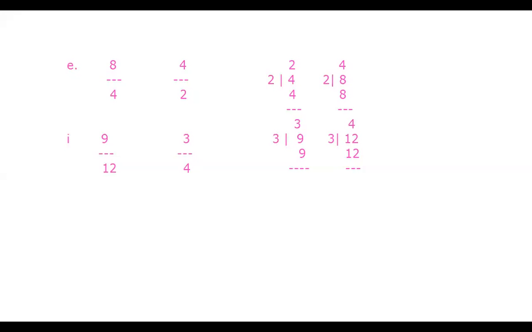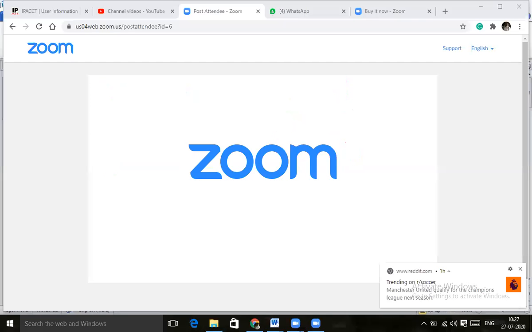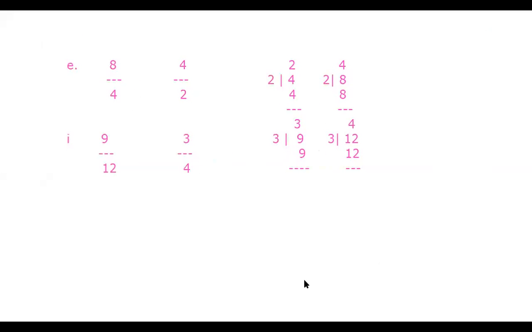Okay, Soumya, what's your question? Sir, where do we have to send? If you check your school group, you will find my number there. So over there, just directly send me the things. In the group you will find my name and number, then you can send. I can check your copies.